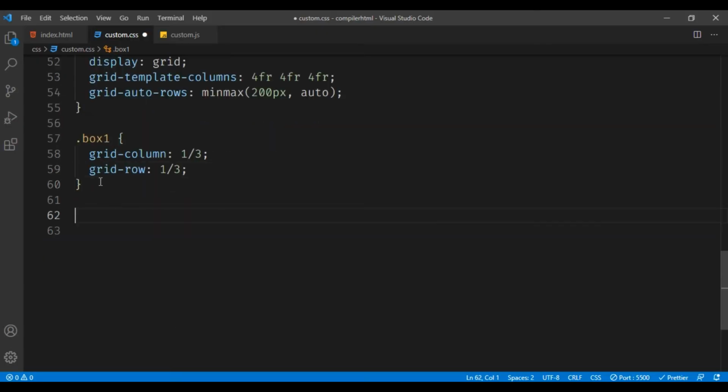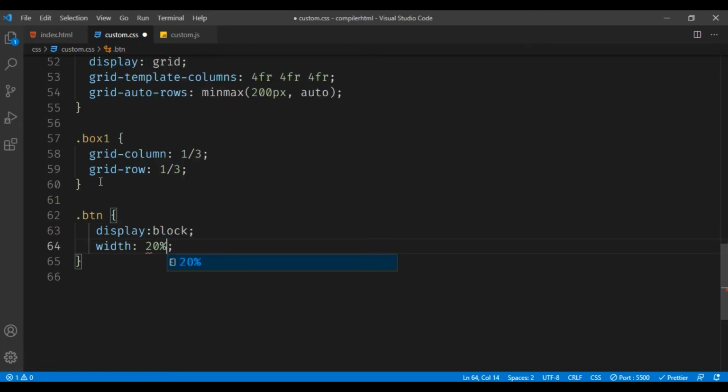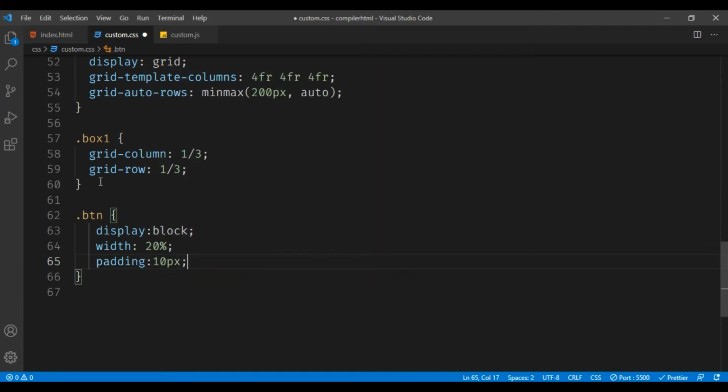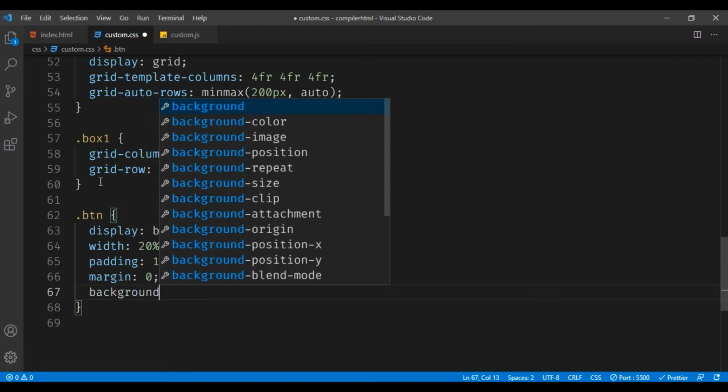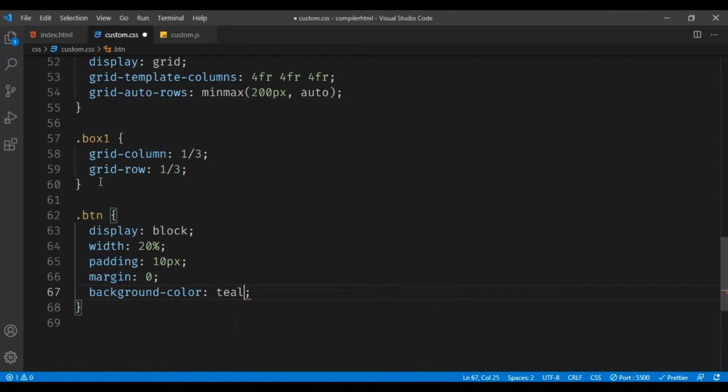Now let us work with the button. Display block, width of 20%, padding of 10px, margin of 0, background color, make it pale, and text color to be black.